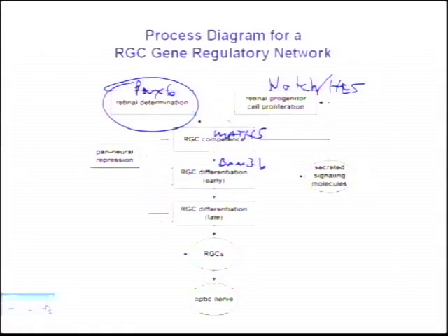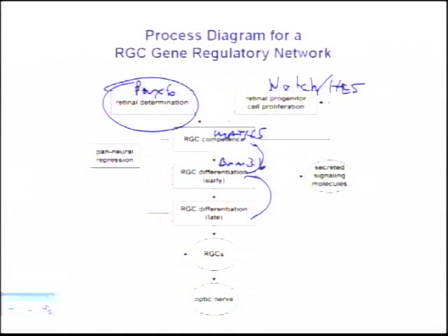Now, we're going to concentrate on this hierarchical processing diagram, but I want to point out to you there's other components that feed in, both by feed-forward and feedback mechanisms, that are associated with the different networks that drive ganglion cell development. But we're not going to talk about those today. What we're going to focus on are the steps that are associated with competence, differentiation of the retinal ganglion cells, and finally the formation of the optic nerve.